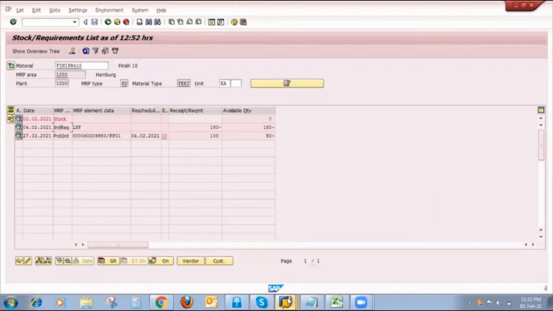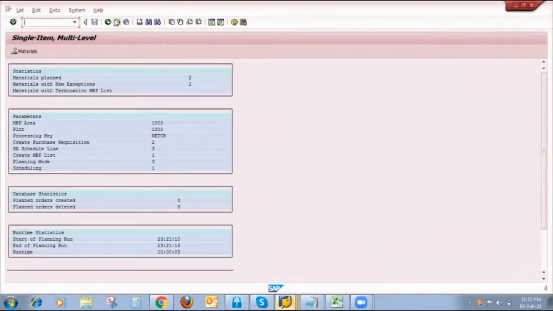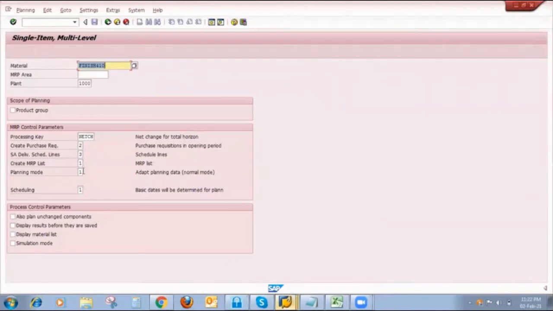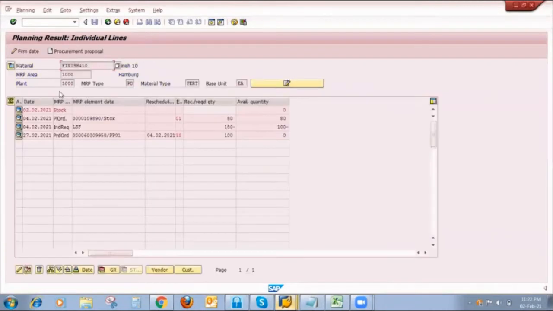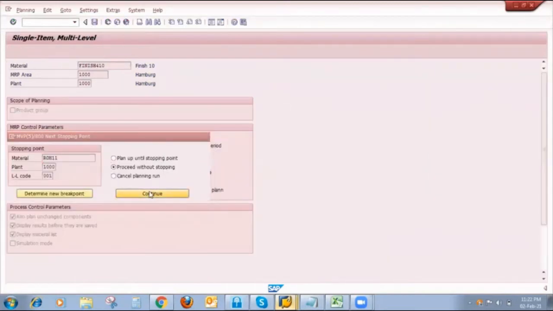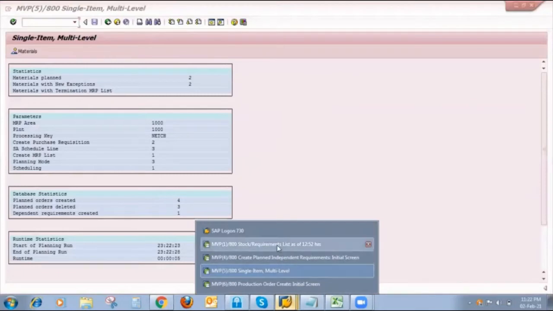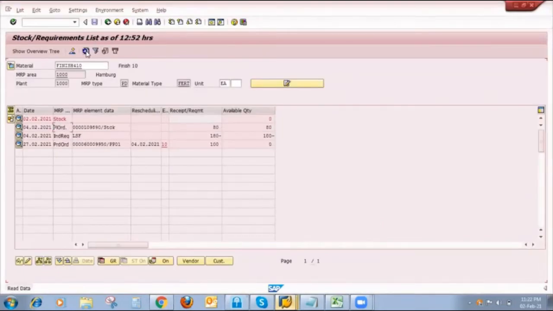So friends, now in that situation, I will run MRP with the T code MD02 and I will show you how many plan orders or planning proposals will generate. So once I save this MRP and refresh this MD04, that is stock requirement, the system will show a plan order of 80 quantity because demand is 180 and production order is 100. So we need 80 more quantity